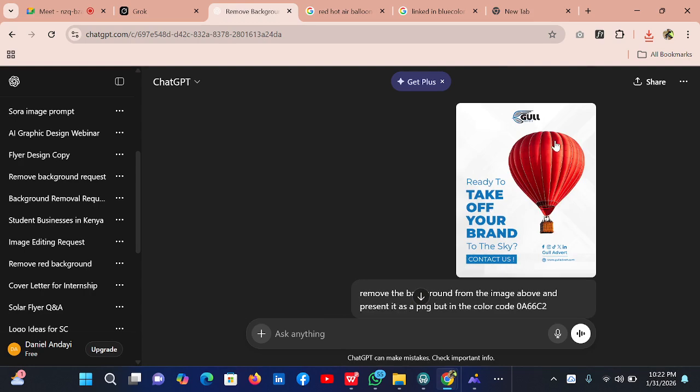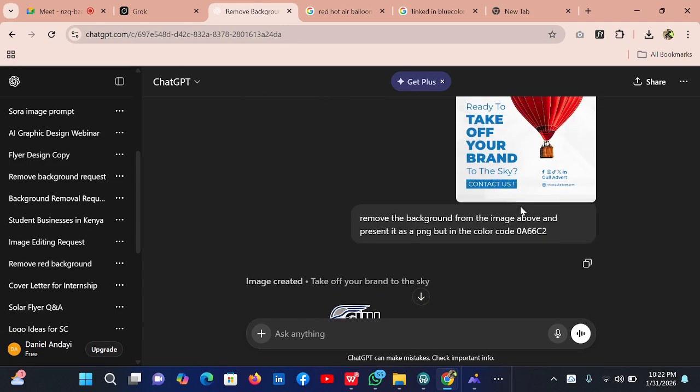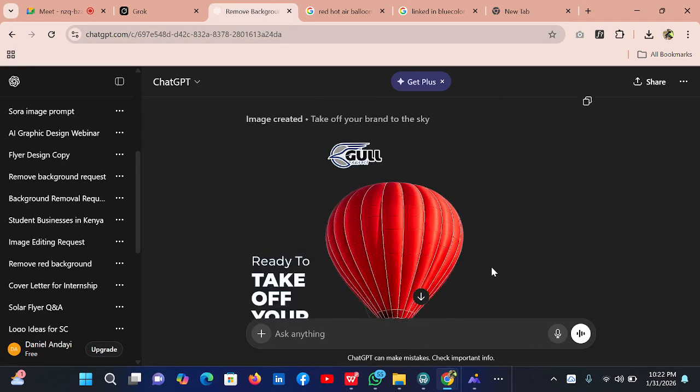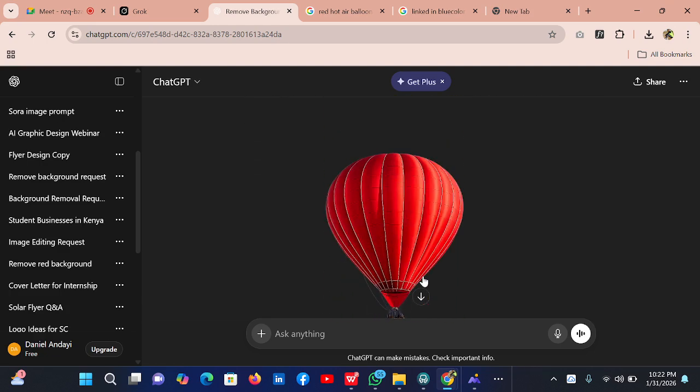Remove the background from it and isolate it. Save it as a PNG. A PNG is a format that does not have a background on it. That is what we call a PNG.